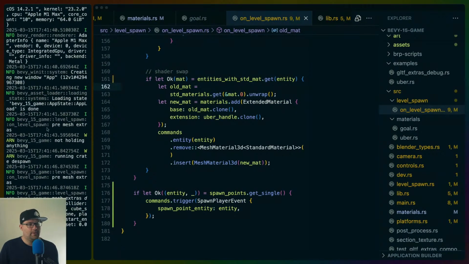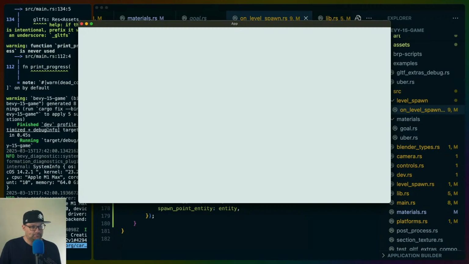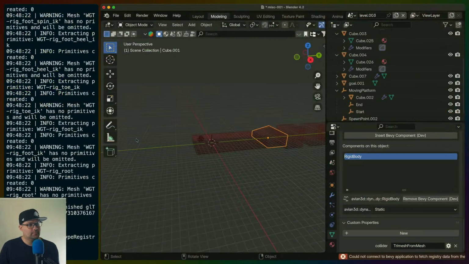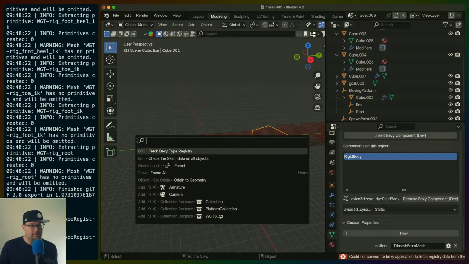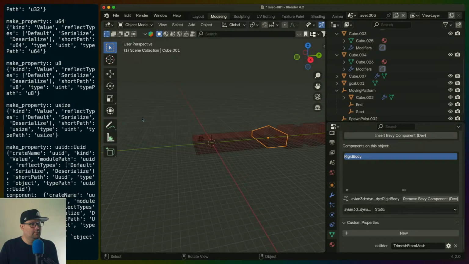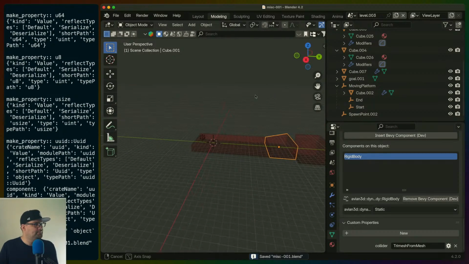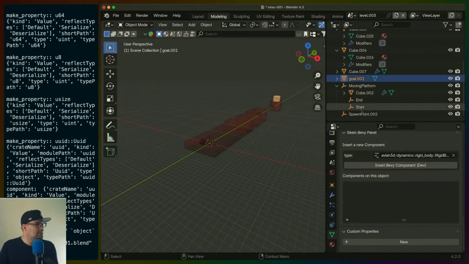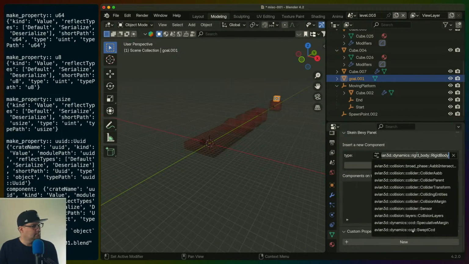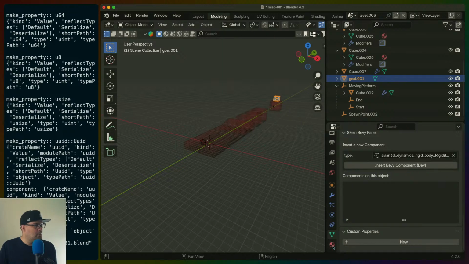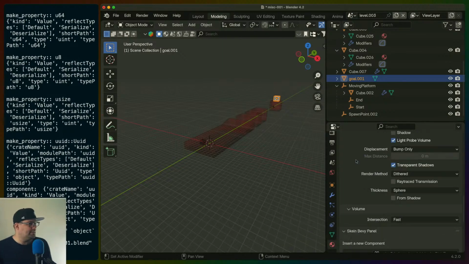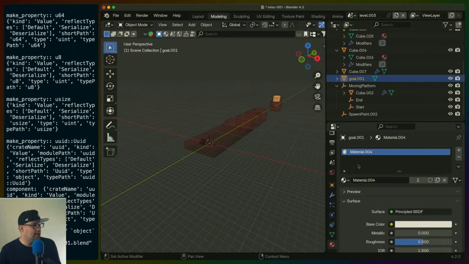Could not connect because I killed the game before I did that. We need to fetch the registry with the running game because we updated some components. And then where's our goal? This is a goal. And we don't want it on the goal itself. We want it on